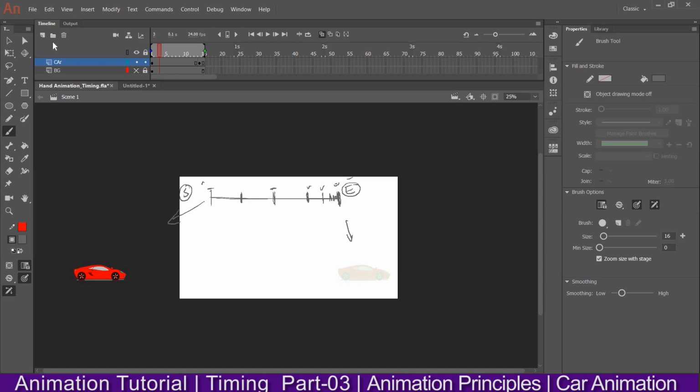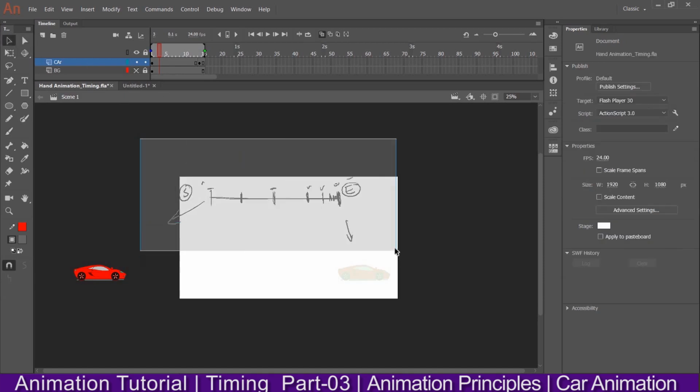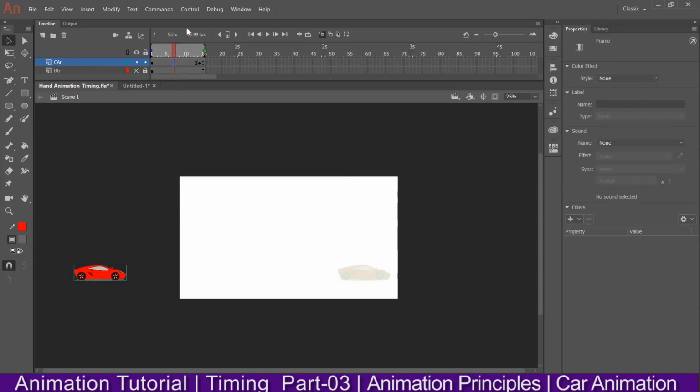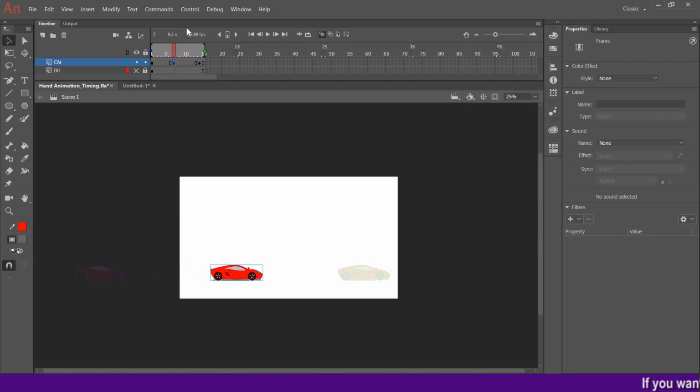Okay, so I'll delete this, and in the timeline I'll place the keyframe somewhere in between by pressing F6, because I have to use the same drawing, that's why I'm pressing F6. Okay, then shift, and I'll place it somewhere in the middle roughly.